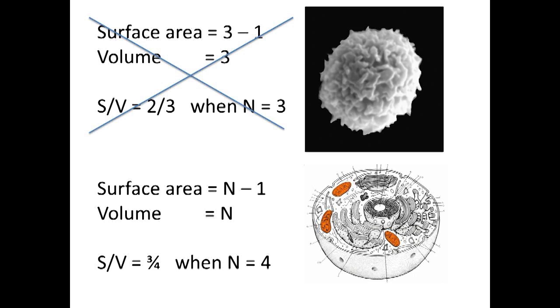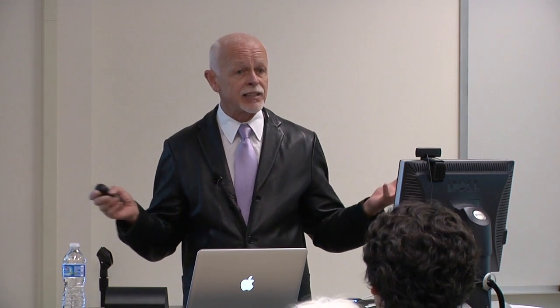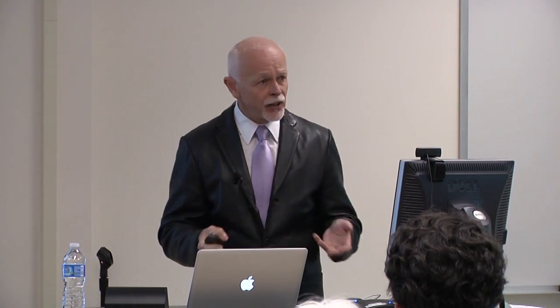For those of you that know something about n-dimensional space, surface area of any n-dimensional object is that dimension minus 1, where the volume is that dimension. So if you have an object that has 4 dimensions, the scaling of surface area to volume isn't 2/3, it's 3/4. Now you can say to yourself, okay, what's the 4th dimension? Well, if you're Einstein, you say it's time. And that's actually not an unreasonable thing because all sorts of metabolic processes are time dependent as well as temperature dependent. But there's something else that is universal, even of bacteria, and that is that they have an internal